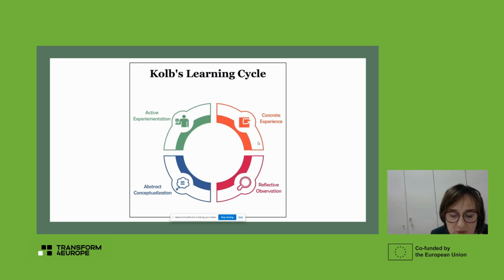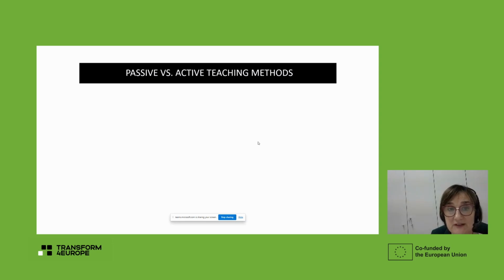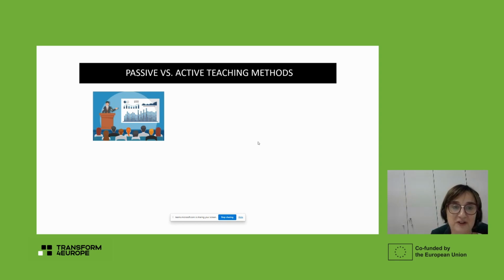And maybe to give us an idea what we mean by that, of course, it doesn't mean that what we did in the past was all wrong. Not at all. So it's useful maybe at this point to look at the difference between more passive and more active forms of teaching and learning. I have here a few examples. And if we just look first at the traditional formal lecture, the ex cathedra lecture, as we sometimes say,